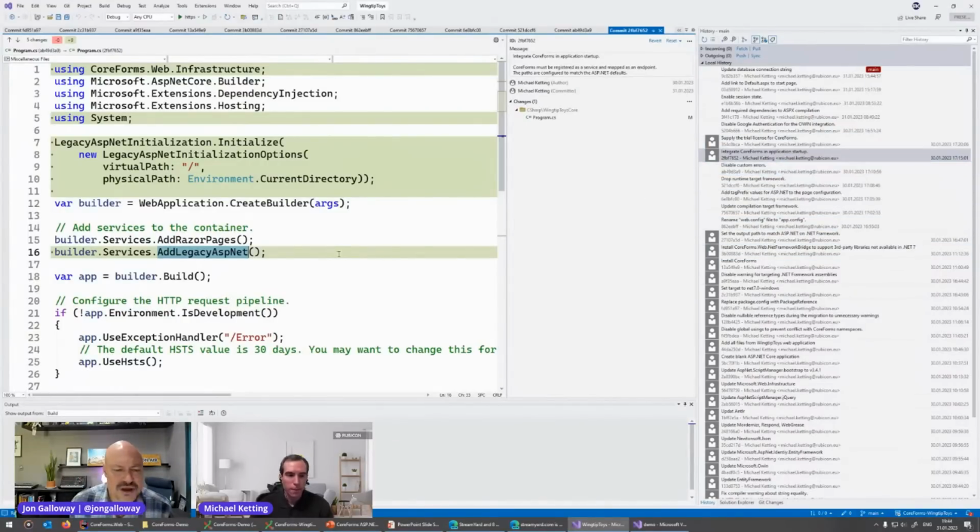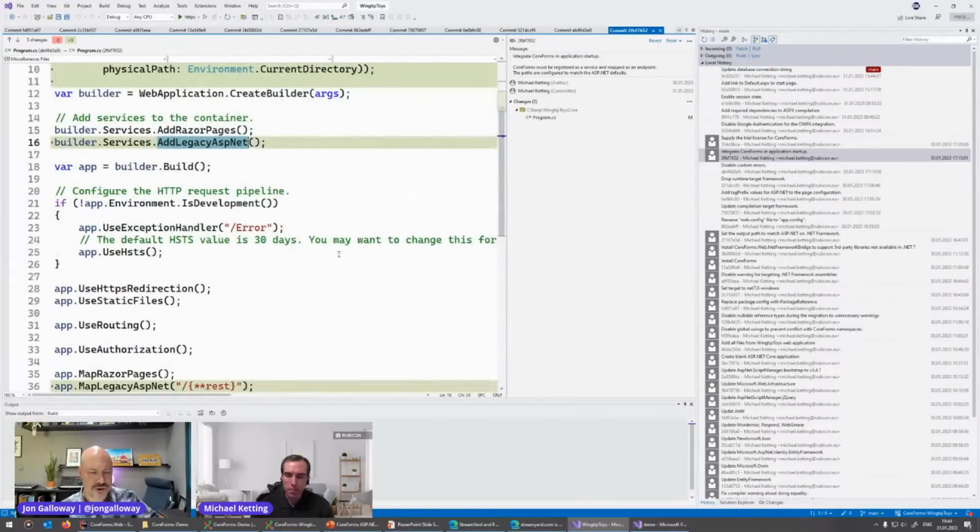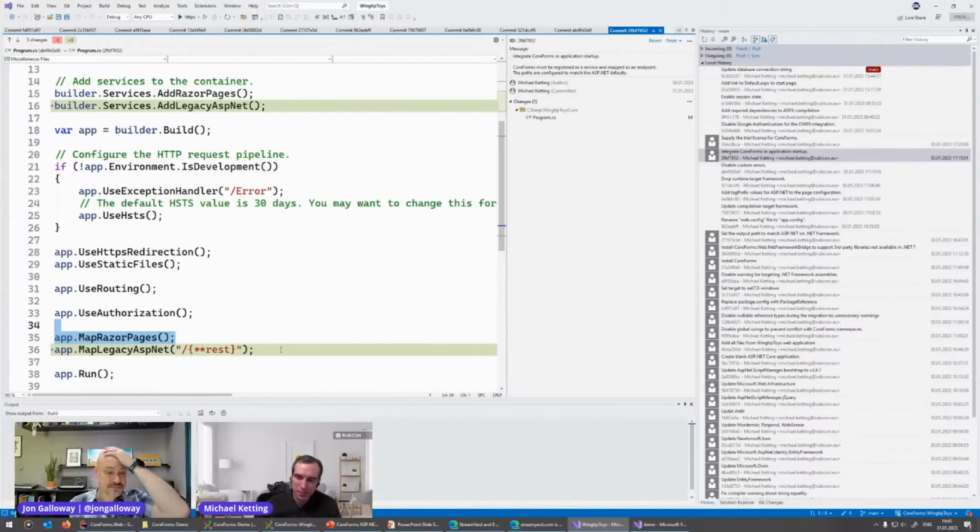So since it's all just running through custom middleware, basically, at this point, can you use other modern ASP.NET Core middleware as well? Okay. That's actually what line 35 here is. Nice. Oh yeah, represent. I've also got some demos where we have Razor pages in there, because the big idea is,